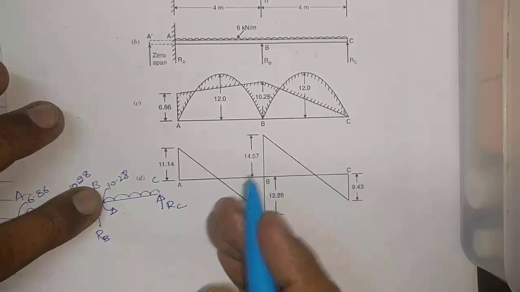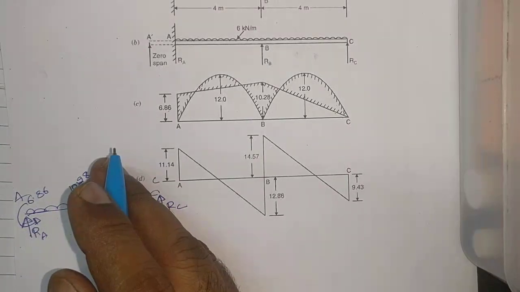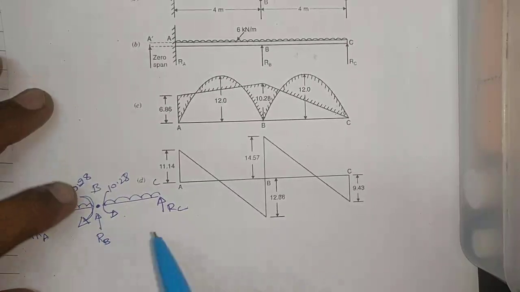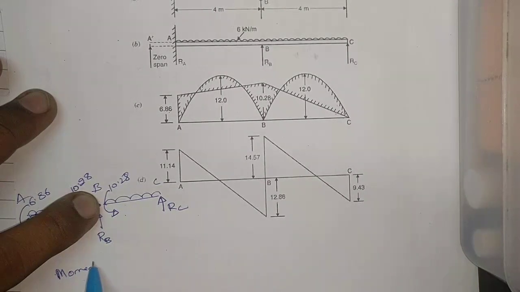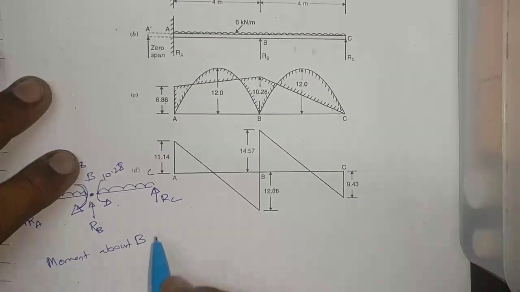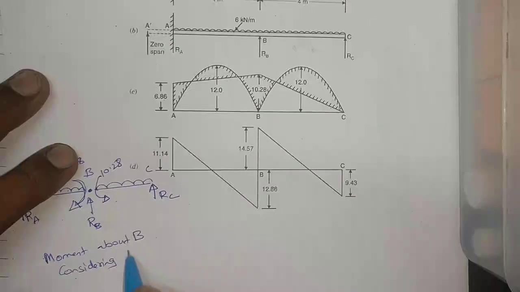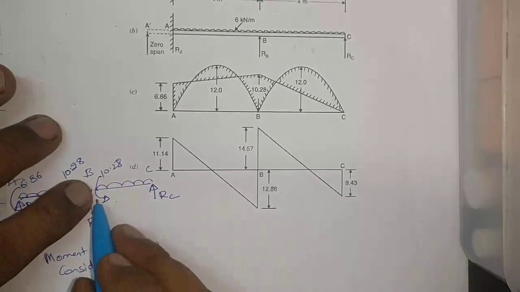If we take right of the section, we will be getting RC. If we take left of the section, we will be getting RA. So anything we can take. For example, if we take right of the section, see here, moment about B, considering RHS, right hand side. So what you will be getting, see here,